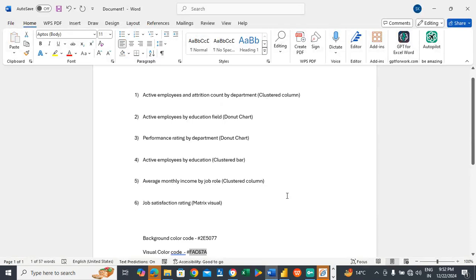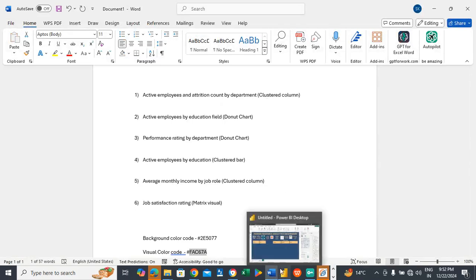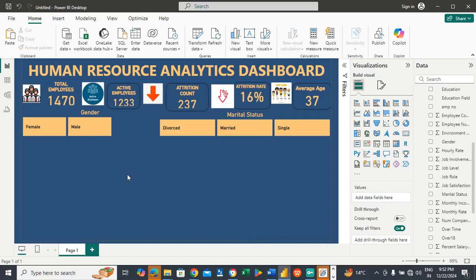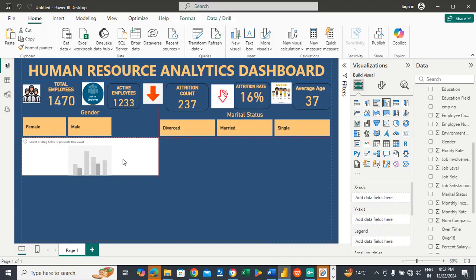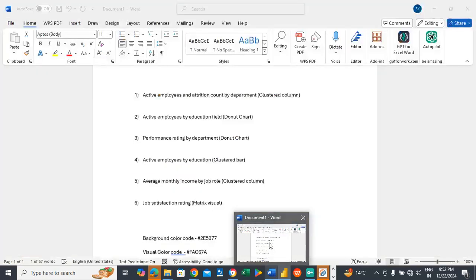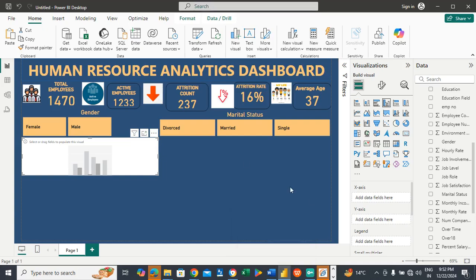Let's go to the visuals now. Active employees and attrition count by department. So we want that in a clustered column, right? So I'll select the clustered column. We would need one clustered column and one donut chart. Okay. So active employees